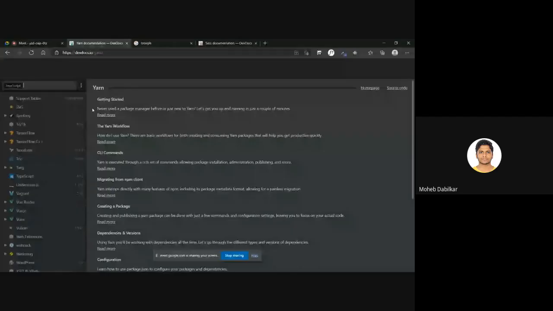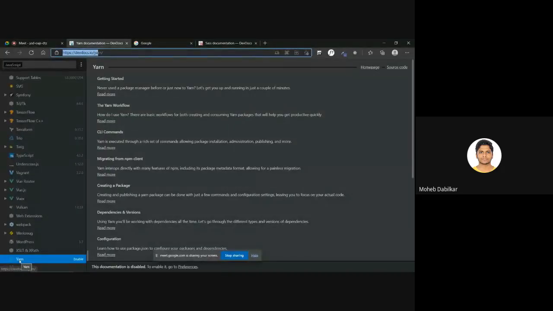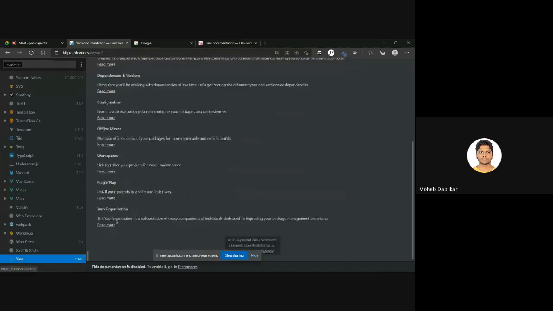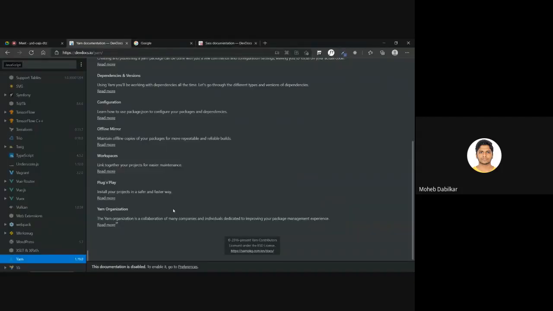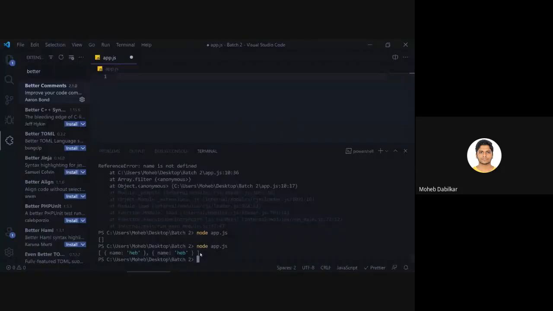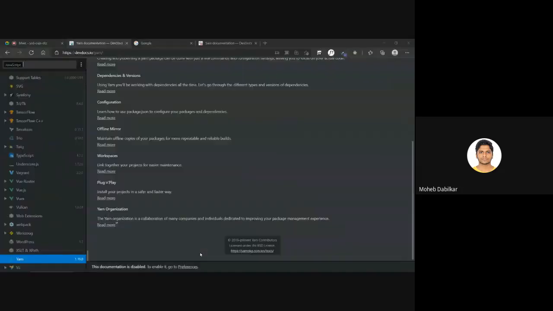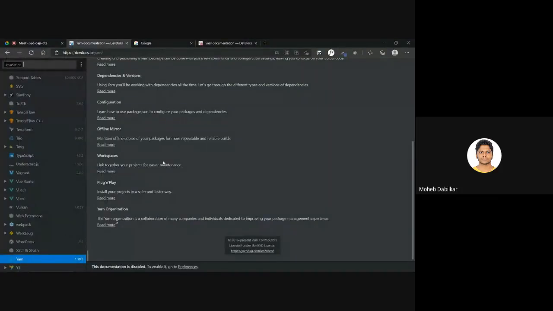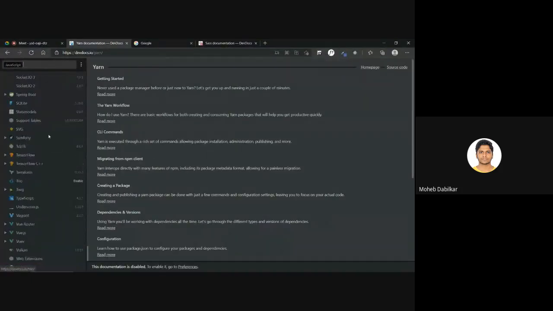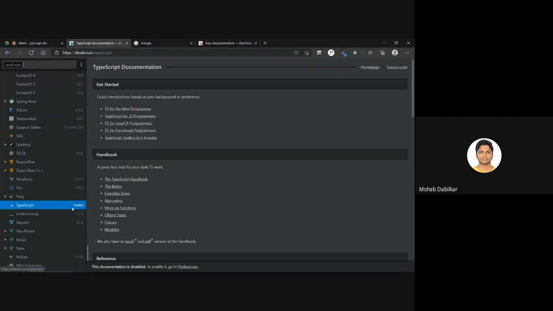Okay, so I was just saying go to devdocs.io and then you have to learn about Yarn. It is just another terminal that we are using right now, right? Our terminal right now is given by Node, and every time we do anything, we are supposed to type in Node and all that. But Yarn is just far faster. You will learn about npm. I use Yarn instead of npm, that is your node package manager. And then you need to learn about TypeScript also.